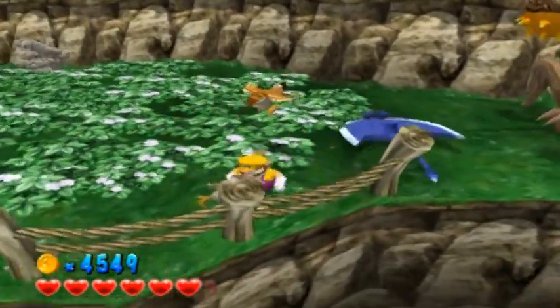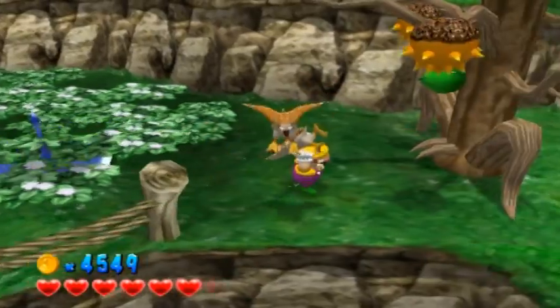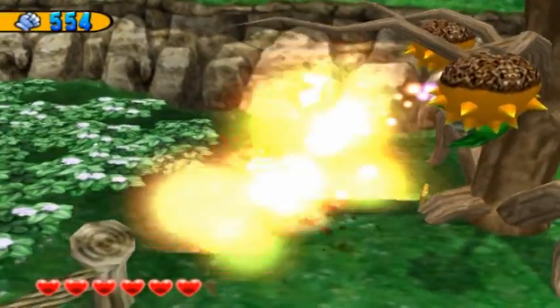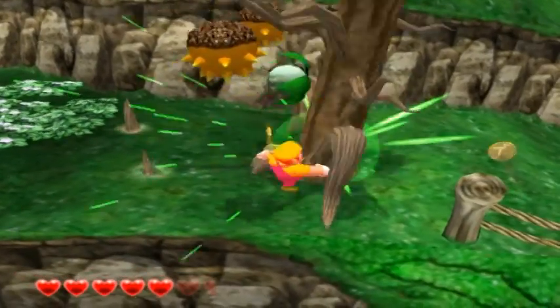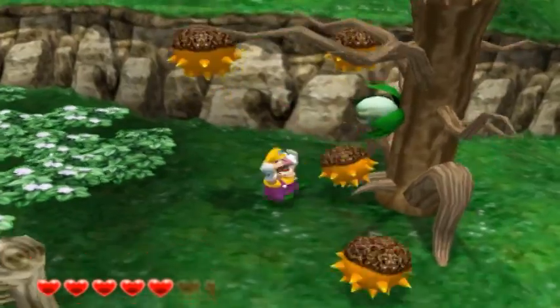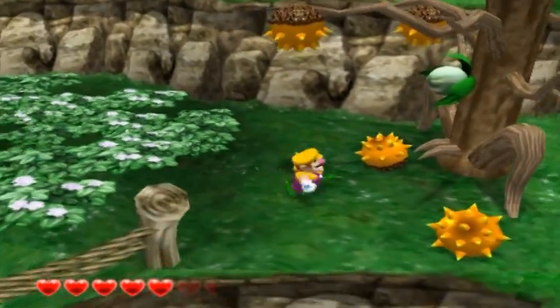Alright then, are you going to be cooperative? Thank you very much. And presenting the mini-boss of Beanstalk Way, the Tree Freak. What you have to do is punch the tree and its fruit will fall. Then you need to ground pound in order to...